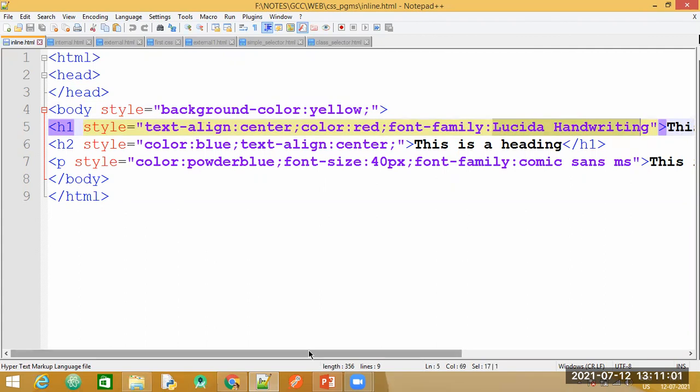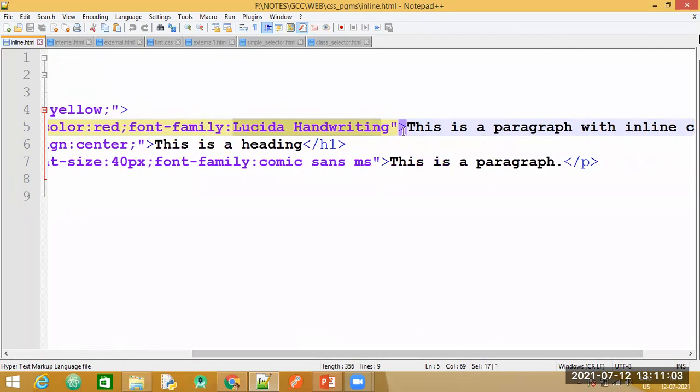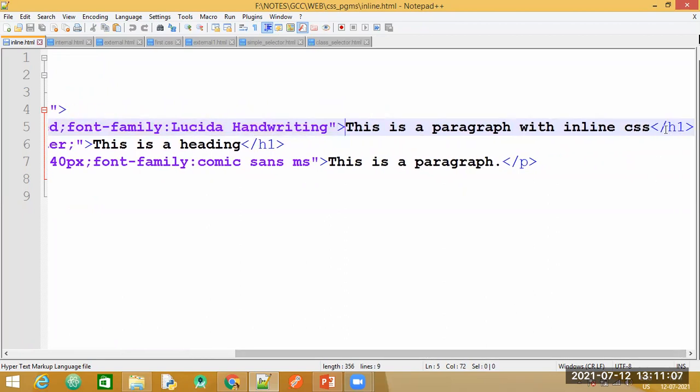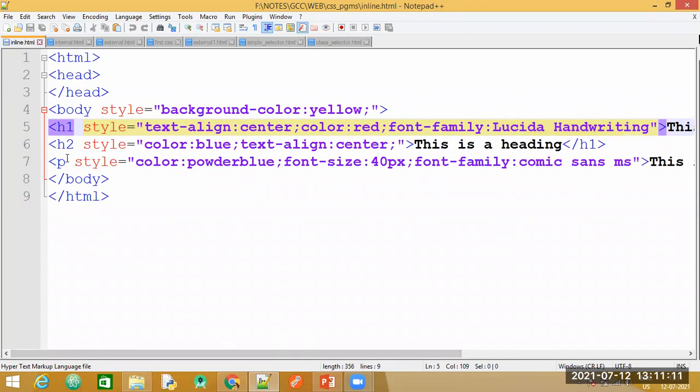This is the H1 opening tag, and here I have written the text and closed the H1 tag. In a similar way, there is another H2 tag, and only the properties are changed here. The color for the text is changed, and the text alignment is kept the same. Only two properties.